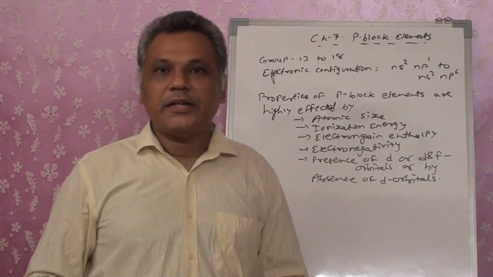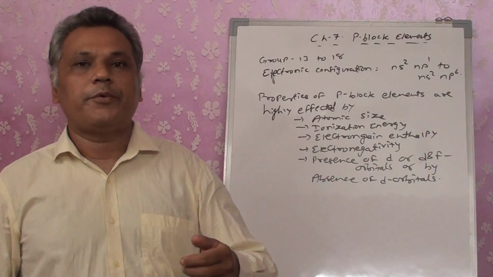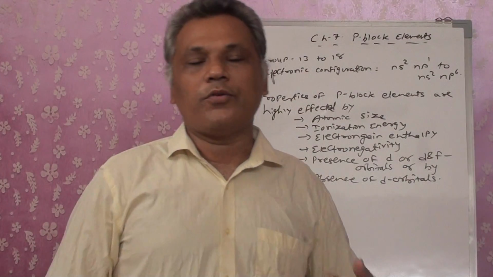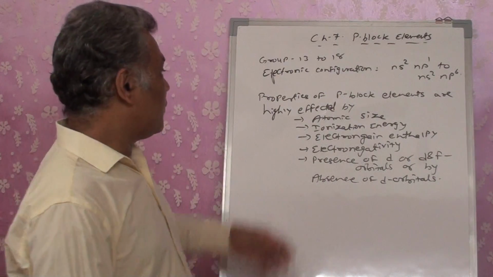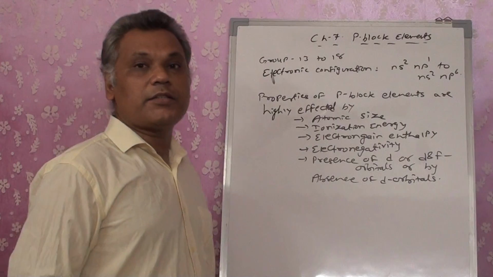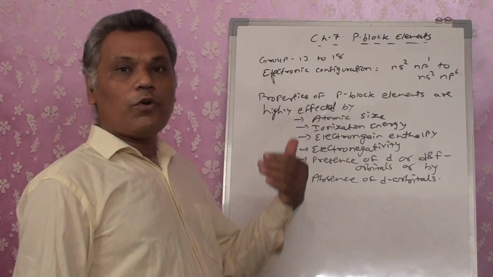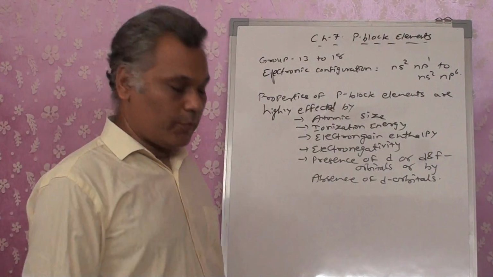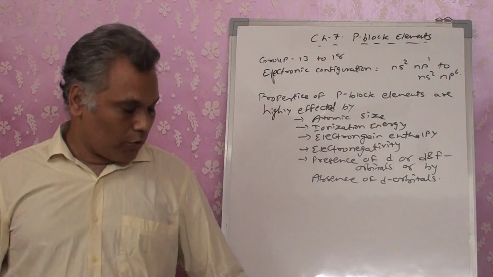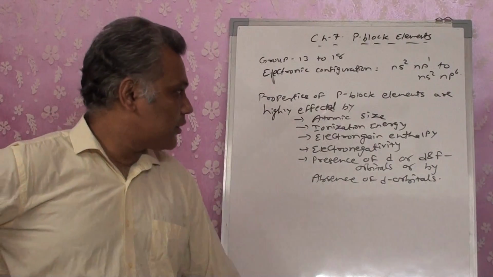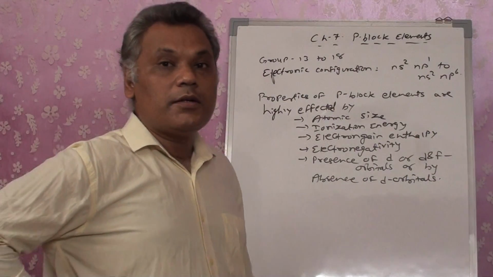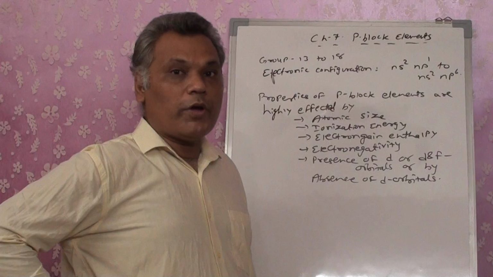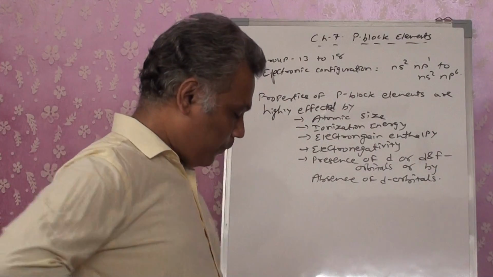We know it, atomic size. That means in this chapter, particularly when we are going to study how they are going to affect it, we are going to study the groups. That means we are going to study their characteristics from top to bottom. What about the top to bottom atomic size? What will be the characteristic? From top to bottom, what will be the ionization energy? What will be the trends? How are they going to get affected, right?